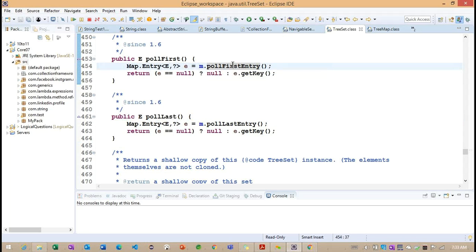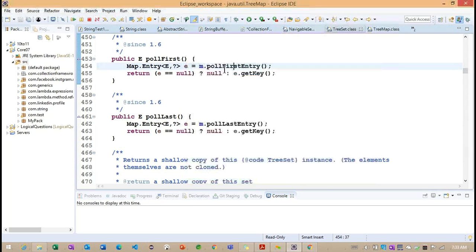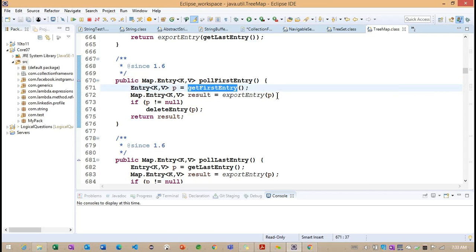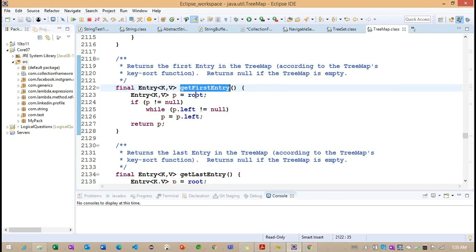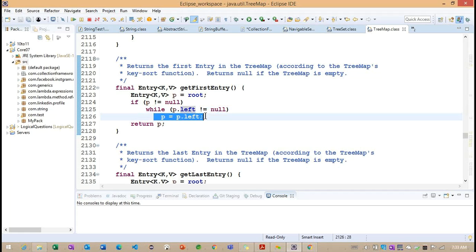So now again we need to understand here. NavigableSubMap. So we'll go for the TreeMap here. We are trying to find out the getFirstEntry. Carrying the point. So what is the object we are having? Now you can say this is the root object. With the root object we are getting here. If the root object is not null, with the help of this particular while loop, whenever we are having this left information, if the left object is not equal to null, it will try to override the object information. The final object we are going to get as P. The P we are trying to return here.